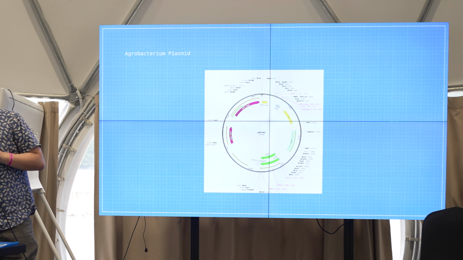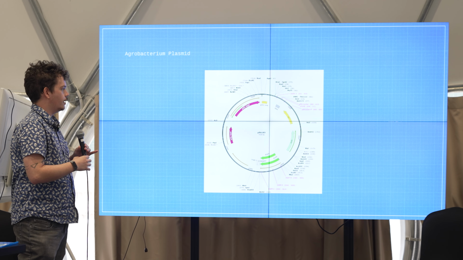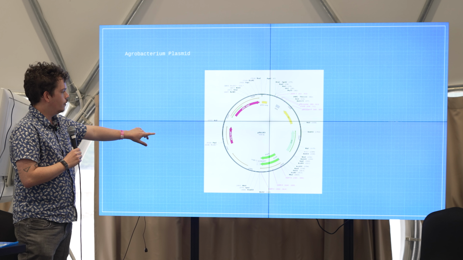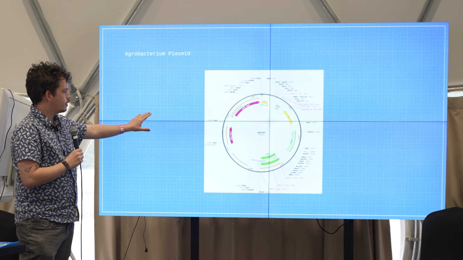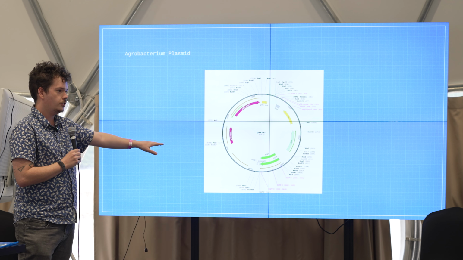So this is, I thought I had some E. coli, never mind. So this is an agrobacterium plasmid. It's the same kind of thing we just saw. This is just pulled from the website. Now, there's a couple different points on this that we'll go into, but basically this is also expressing GFP,